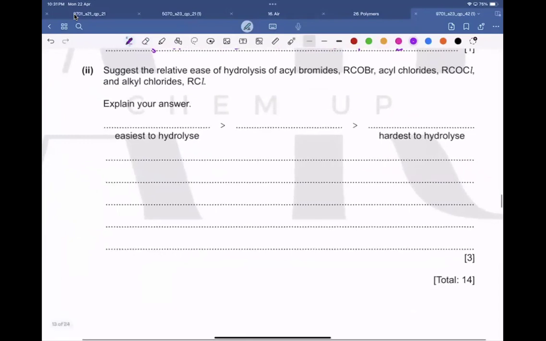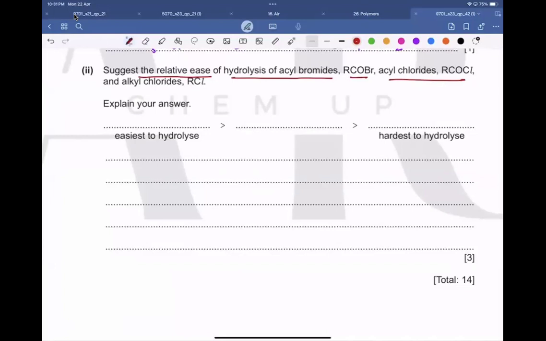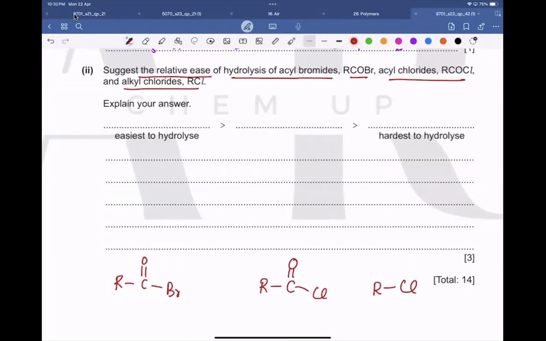Okay. Now, suggest the relative ease of hydrolysis of acyl bromides, RCOBr, acyl chloride, and alkyl chloride. Explain your answer. So, acyl bromide is RC double bond OBr. Then we have acyl chloride RC double bond OCl. And then we have an alkyl chloride RCl. So among these, which one is going to be hydrolyzed most easily, or most readily? Yes. So this is what we have discussed in the syllabus,